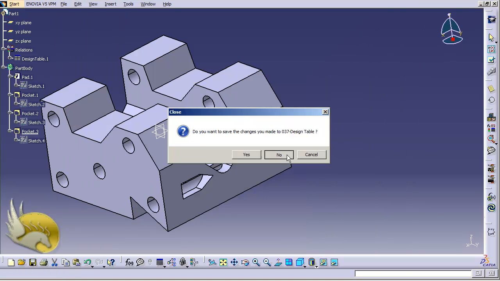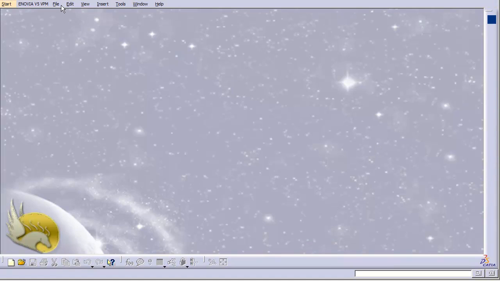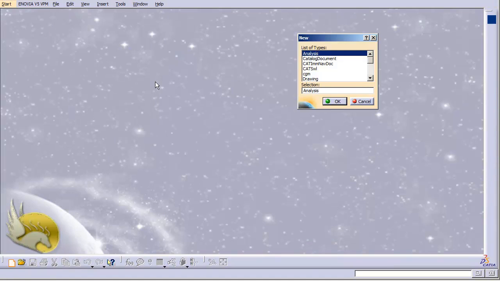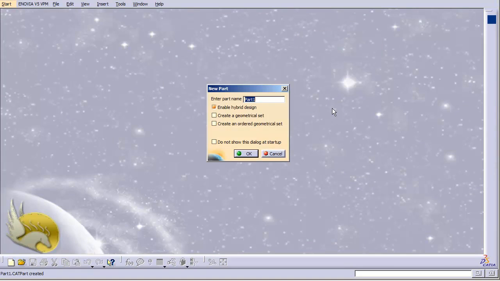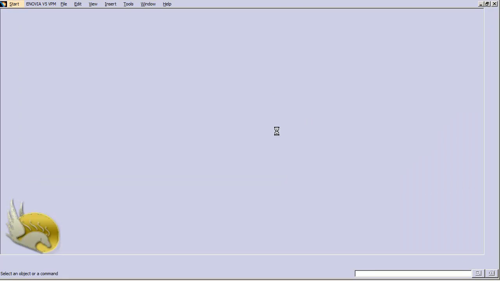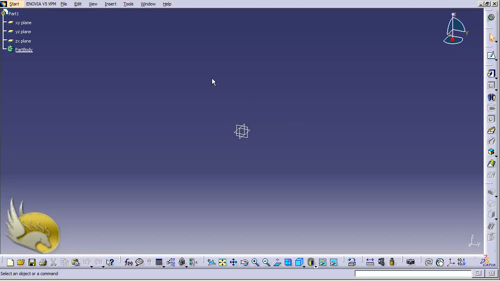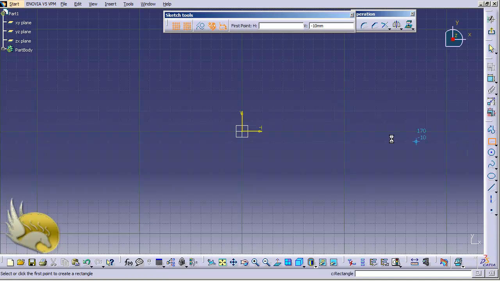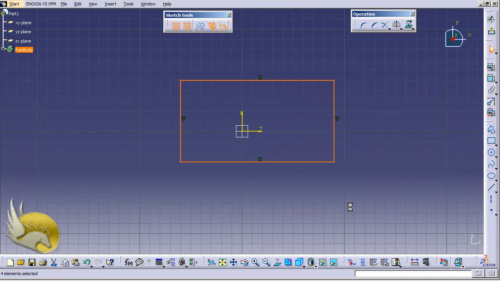I'm not going to save anything here. I go and create a new part by typing new part here, and the part is going to be part 1. That's okay for me. Now I'm going to, for example, choose YZ plane or XY plane. XY plane is better. Create a simple rectangle